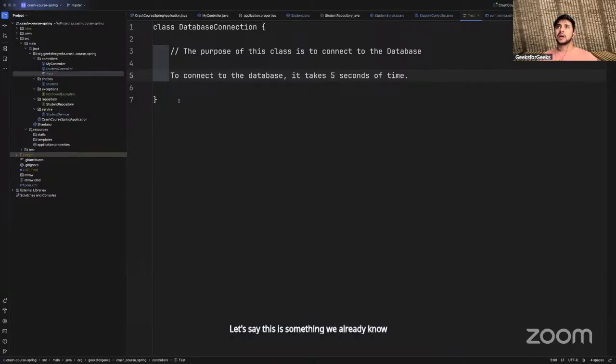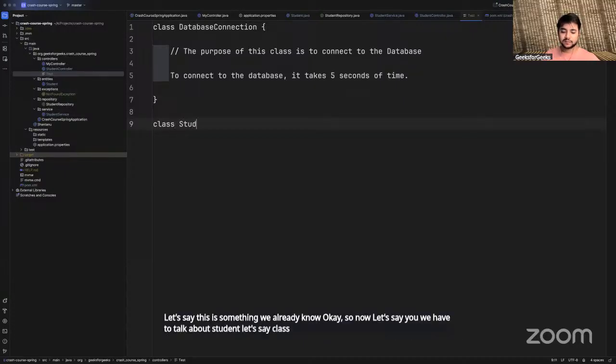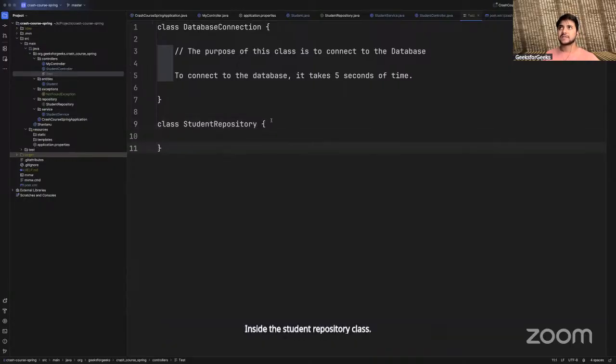Okay, so now let's say we have to talk about student. Let's say class student repository. Inside the student repository class, we have some functions like add student. So public student add student.